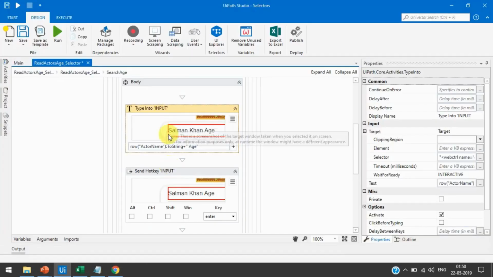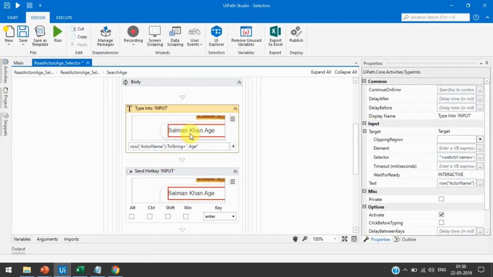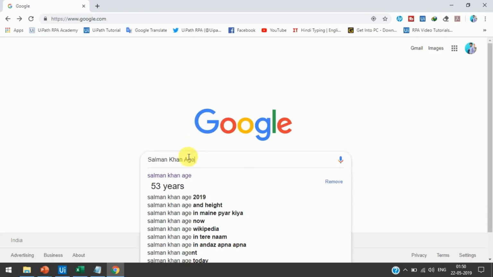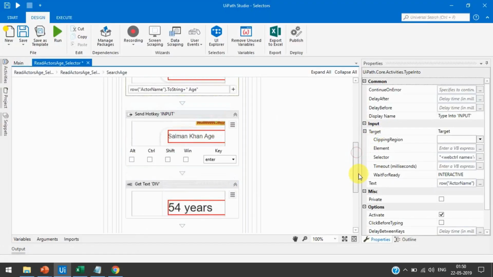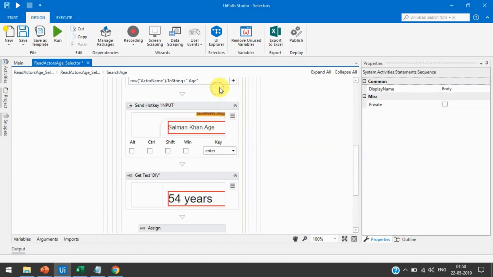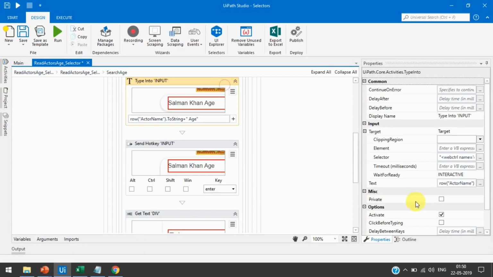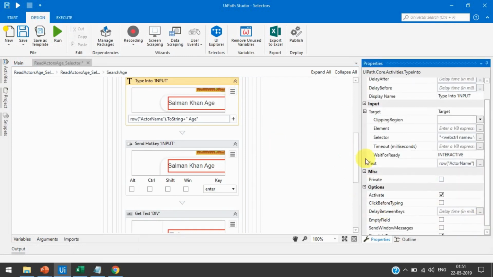This way I am passing the name of the actors, and this is hard coded, so we are using age, and then I am passing one send hotkey to press enter. Here I am not using it because I have used simulate click, so we cannot use the hotkeys from here, and that's why I have used send hotkey.